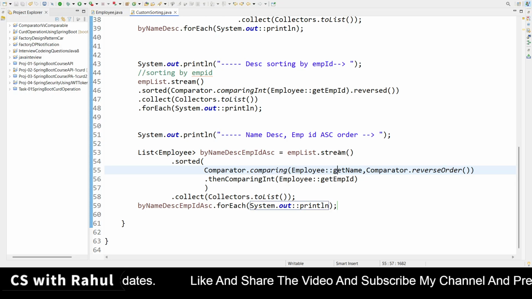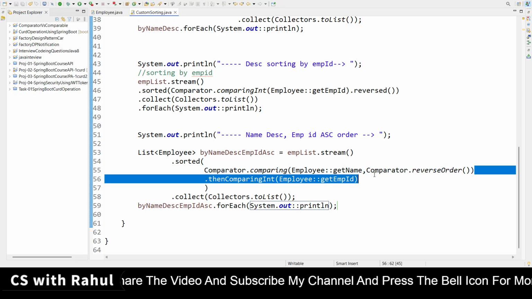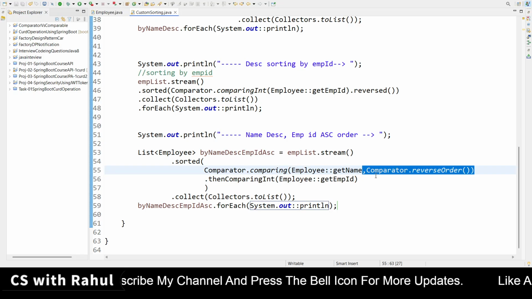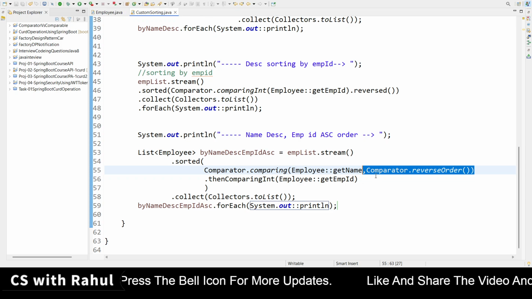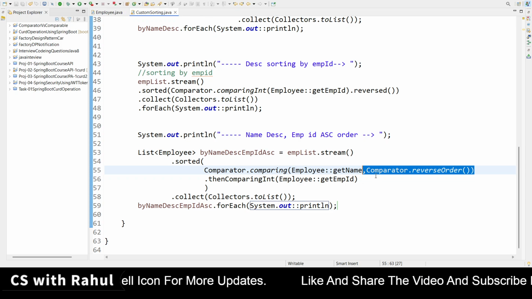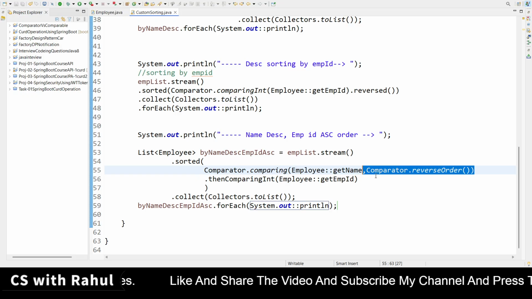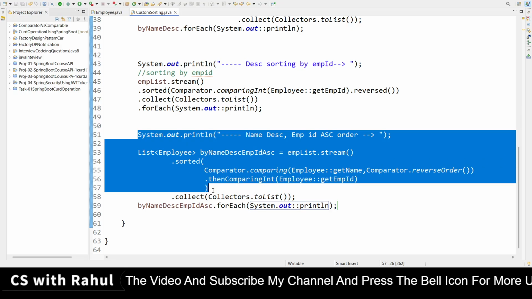In the previous line I have done Comparator.reverseOrder. You need to call this below also when you are comparing by employee ID. Otherwise, directly you can call the reversed method, no issues. Both options are there. So you just call it here. Let me copy it.